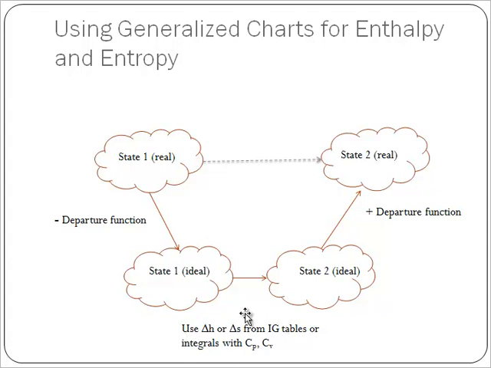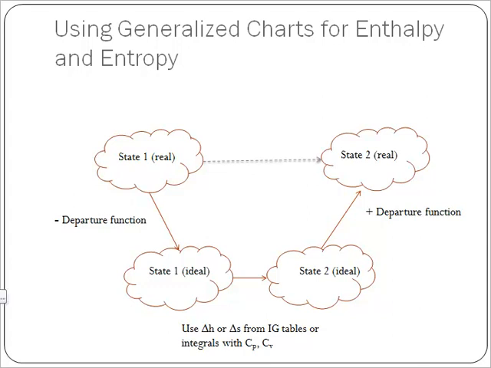And I'm going to look at how delta H or delta S changes using ideal gas properties. So I can either use the ideal gas tables, which integrate C sub P and C sub V as a function of temperature, or I can just do the integration myself. But these are easy calculations in general, and then I can return the material to a real substance. This change from real to ideal is called a departure function. So if I take the real value minus the ideal, that's the departure. So from real to ideal, ideal minus real is the negative departure function.